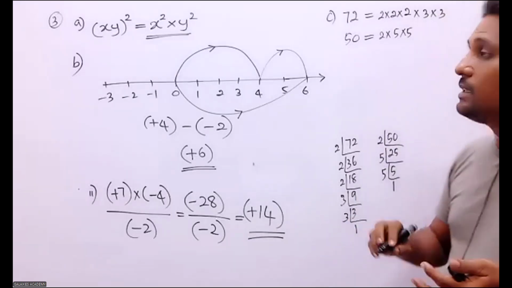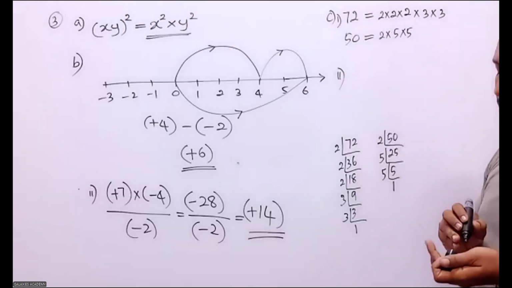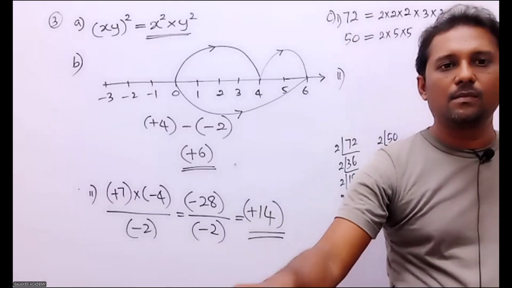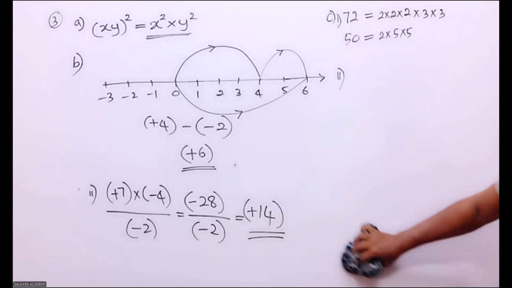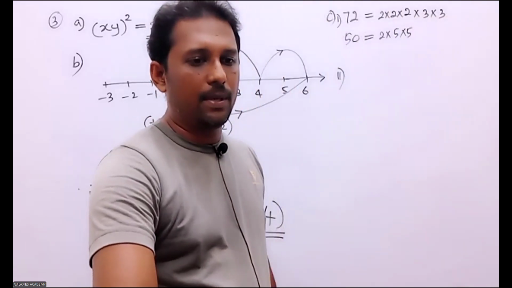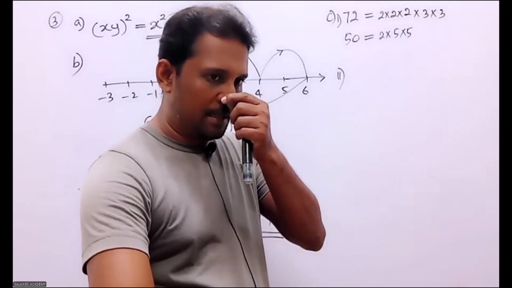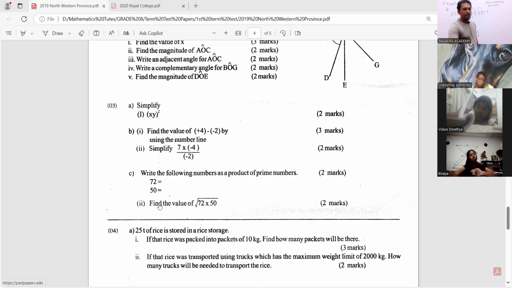Okay, it is the simple A part of C. Right, then look at the next part. Second part given. Find the value of square root 72